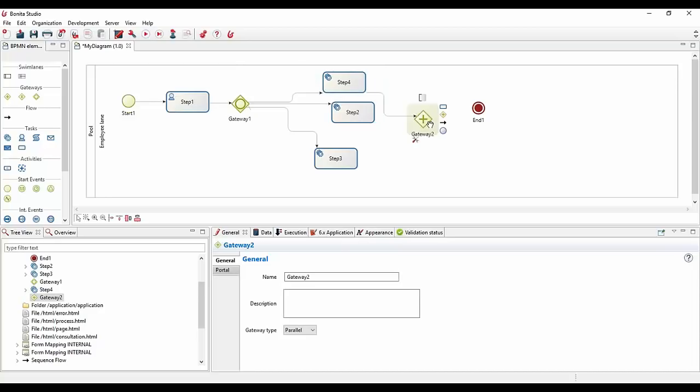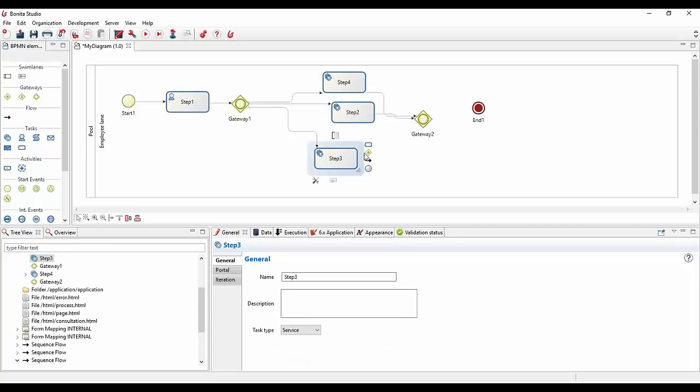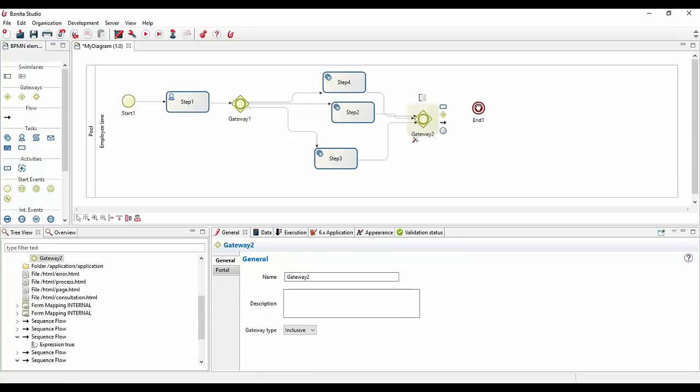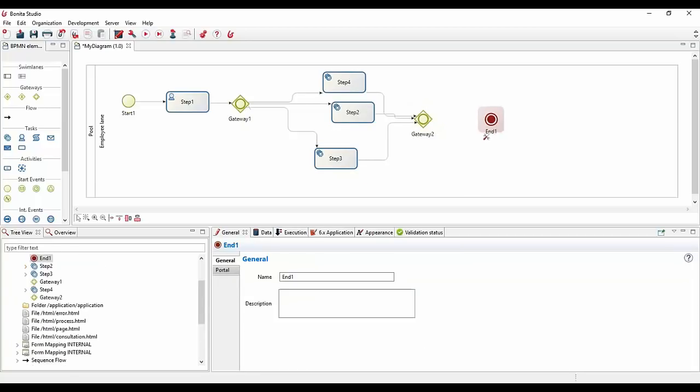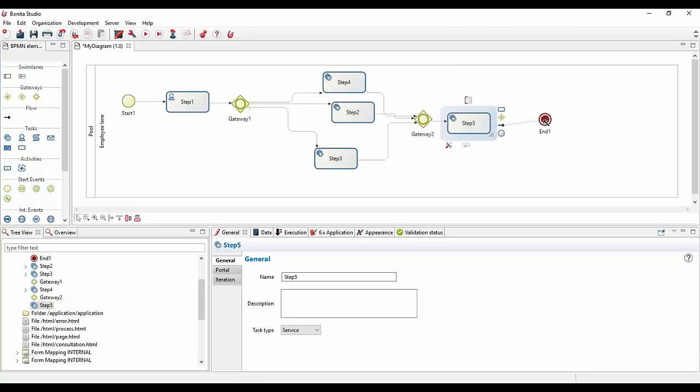So here, if I have this inclusive gateway and I have 3 tasks performed as outgoing transitions from this gateway, then I want these 3 tasks to go through an inclusive gateway and then come back to a regular process execution. Whatever you're doing or working on will be good.